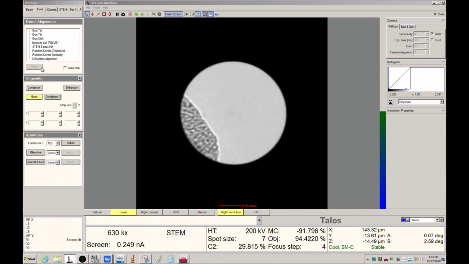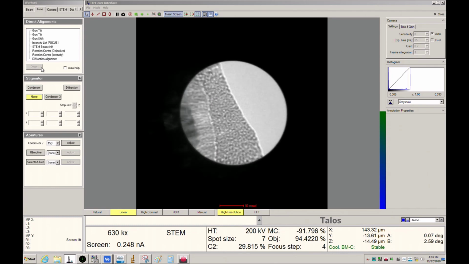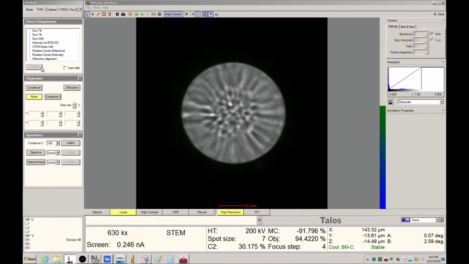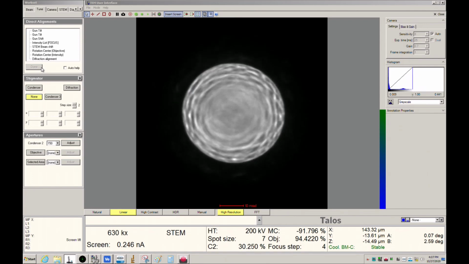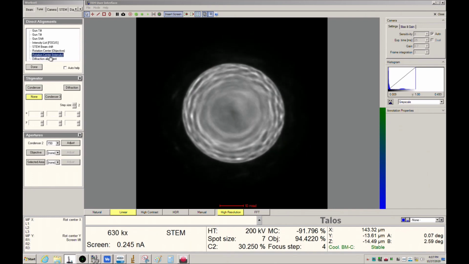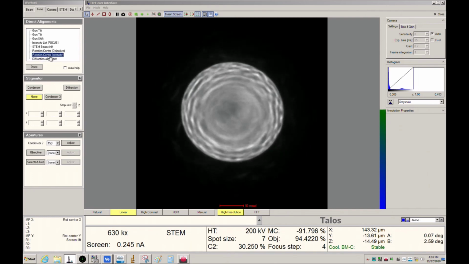Sometimes when you do this, I've noticed there's a shift in the image, so you have to turn it off, hit done, and then go refine it for your area. And then when you turn it back on, it shouldn't move. I don't know why it does that. It's just kind of an annoying quirk. All right, so